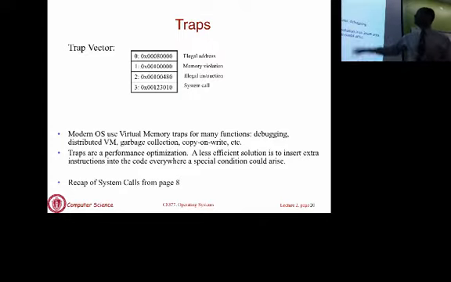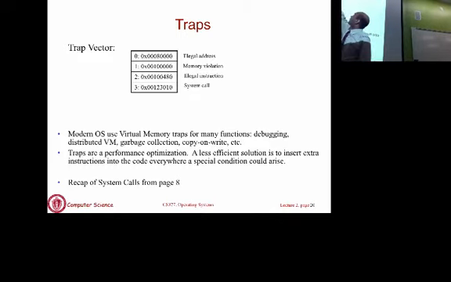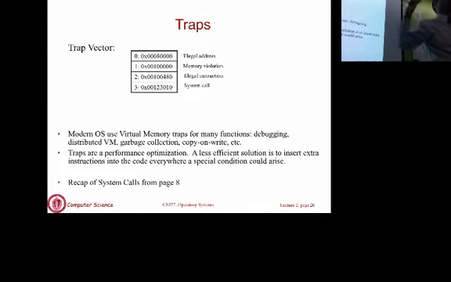So I already mentioned, here is a more annotated version of the trap vector. This annotates what each trap is. So trap 1 is memory violation, trap 2 is illegal instruction, trap 3 is system call, and trap 0 is illegal address, and so on. Whenever those conditions occur, you will generate that trap ID, and then you'll jump to that region that's pointed to in that table and execute that code that tries to handle that error condition.